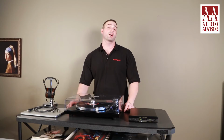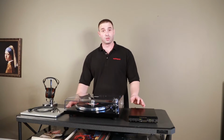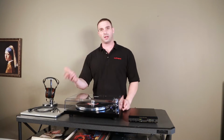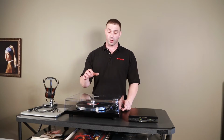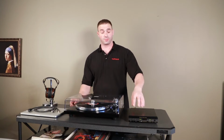And today we're going to talk about the Parasound Zphono USB Phono Stage. So if you ever had those high quality recorded LPs that you seem to never be able to find the CD for or be able to download a high resolution file for, well, Parasound came up with a product perfect for that application. So what you can do is you can actually digitize your LP collection using this Phono